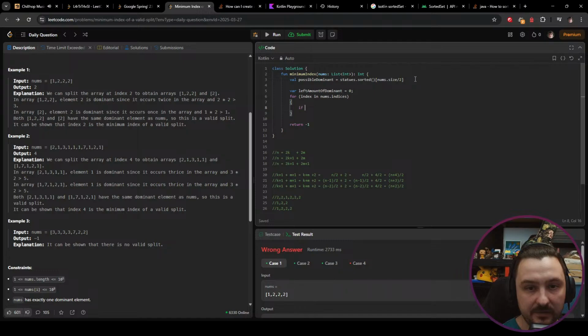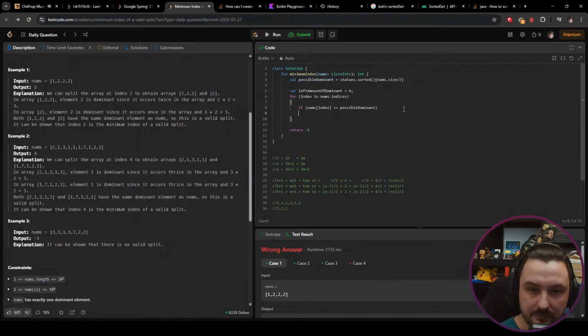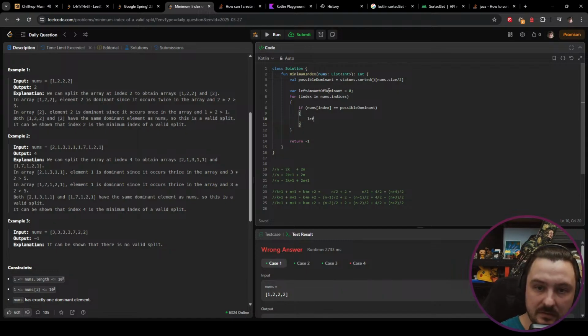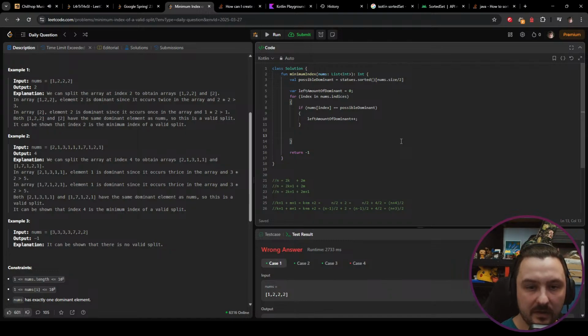Here, if nums index equal to possible dominant, left amount plus plus. If left amount is bigger than